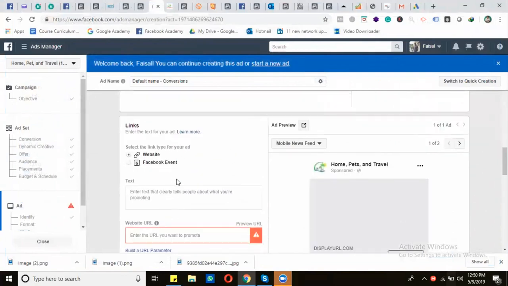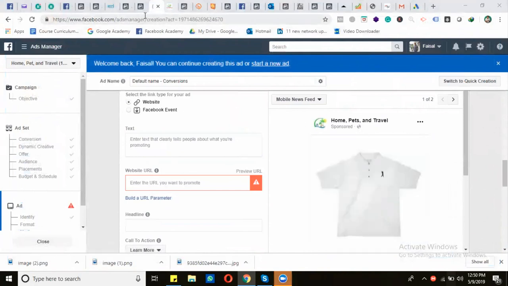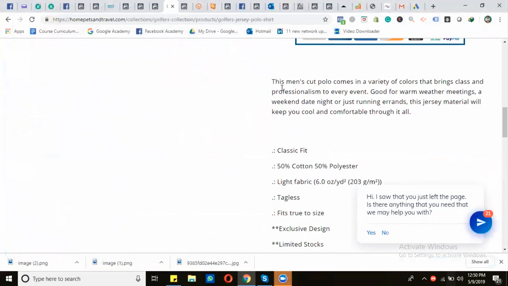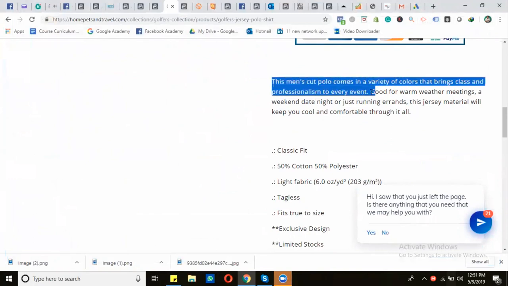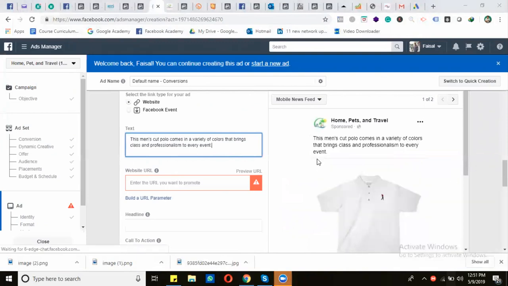So upload the image, and then next put some text here. I am just selecting this text and putting here: this men's cut polo comes in a variety of colors that brings class and professionalism to every event.